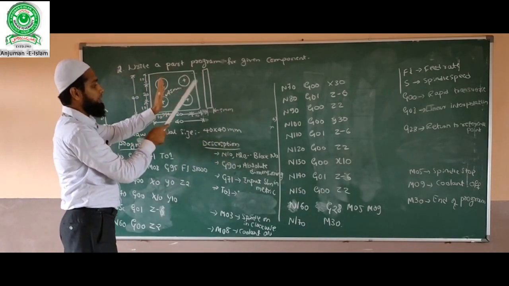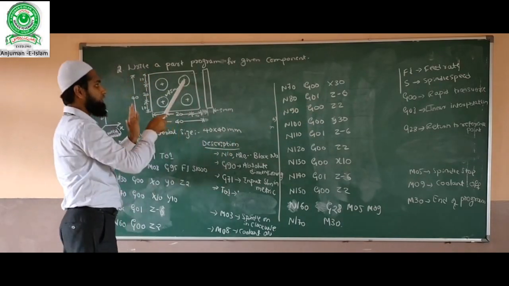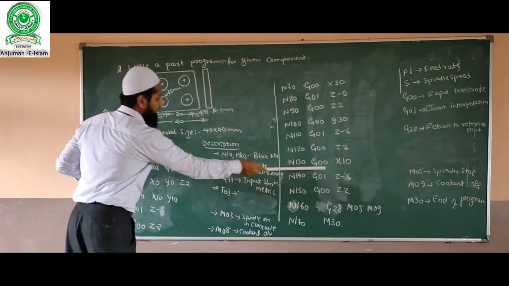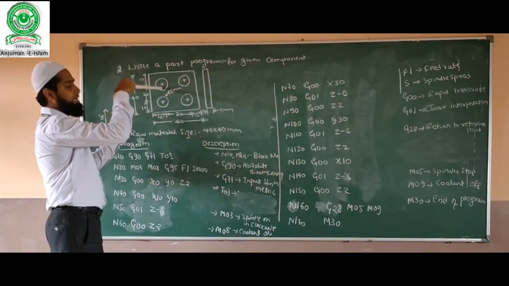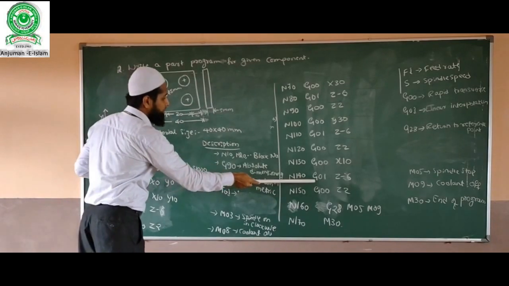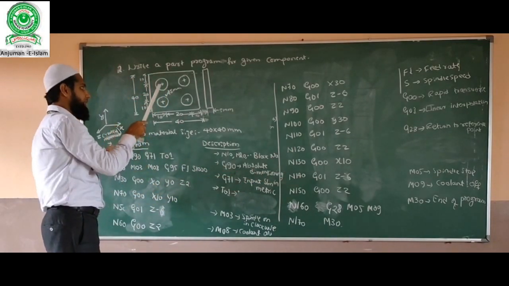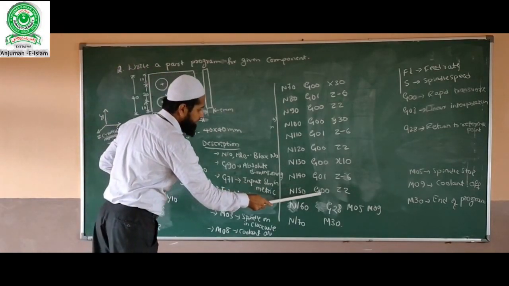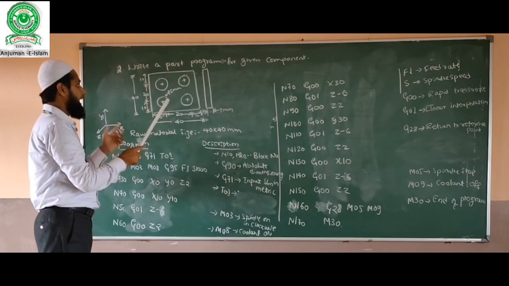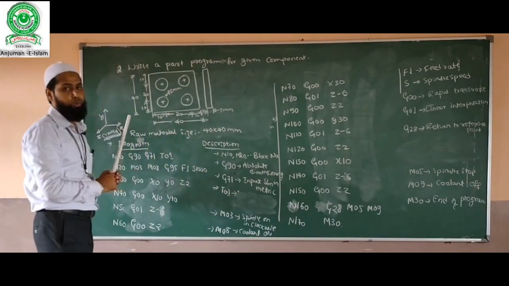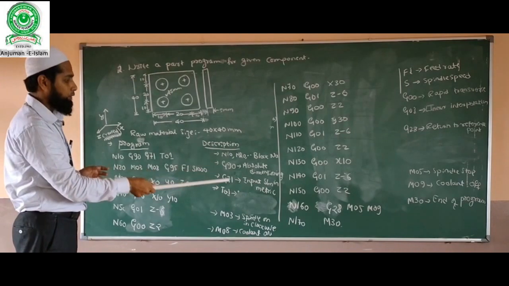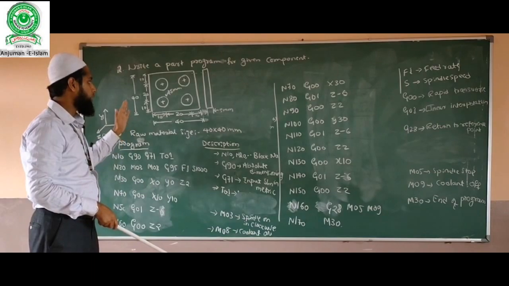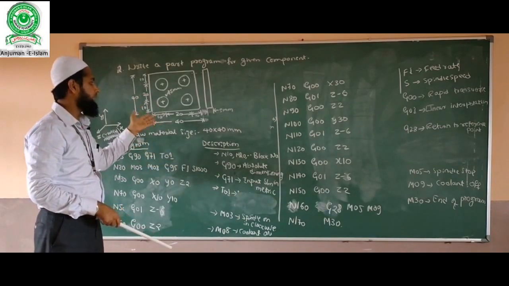Again I have to move by keeping the Y value Y30 constant and changing the X value, that is X30 to X10 rapidly, which means it will come out here. Then again I will drill here using the command G01 Z minus 6, and to take out the drilling tool, G00 Z2, it will come out. G28 moves the tool to the reference point, spindle and coolant off, then end of the program. That is how to write this program to drill the component.